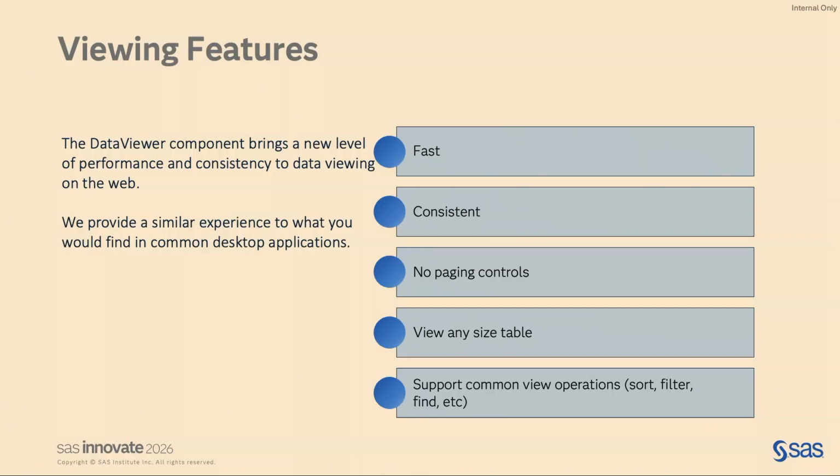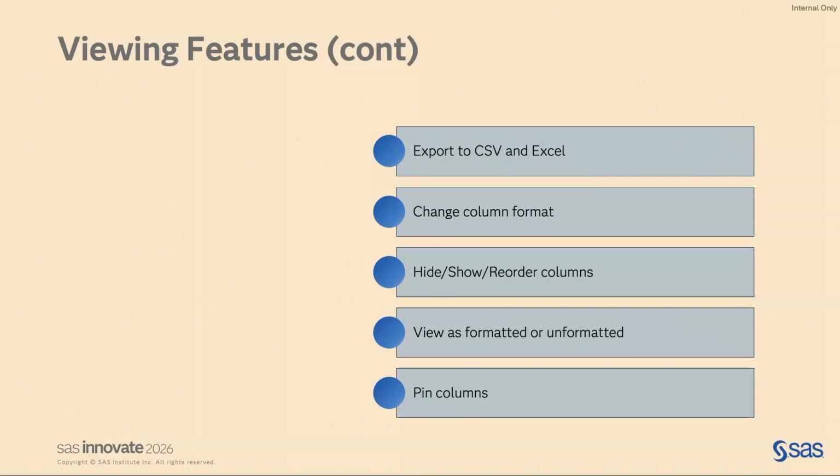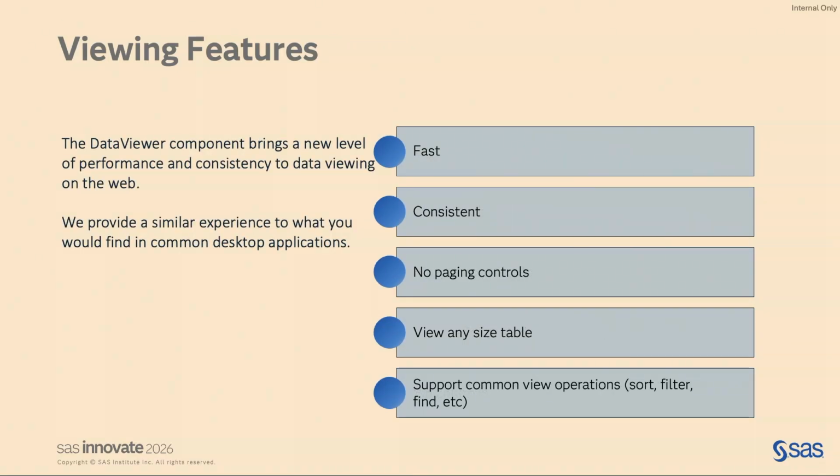You'll find that the data viewer can support tables with many millions of rows, as well as hundreds of thousands of columns if you have really large tables. So it does get a little bit slower the more columns you have. If you have 500,000 columns, it's going to be a little bit slow, but it's still usable. So that's the basic features.